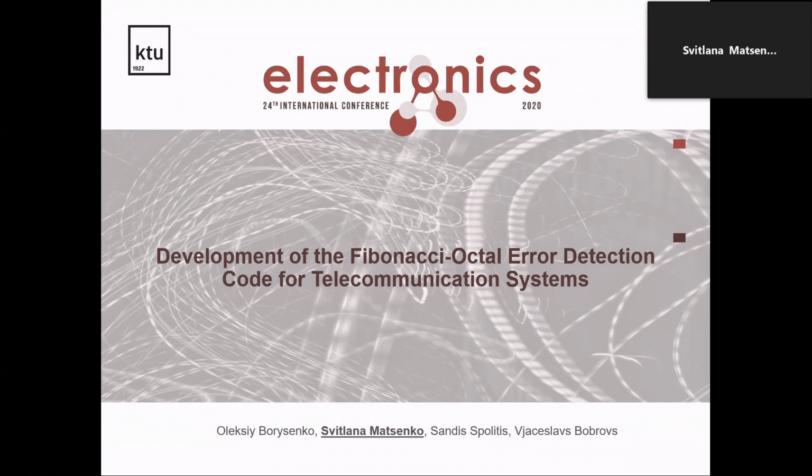Some of the error control codes, for example, cyclic codes such as Reed-Solomon and BCH, which have high noise immunity, require complex methods of encoding and decoding code combinations. As a result, the implementation of these methods in information transfer systems leads to an increase in their cost and a decrease in reliability and speed.